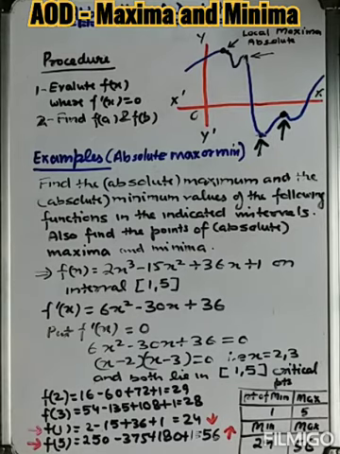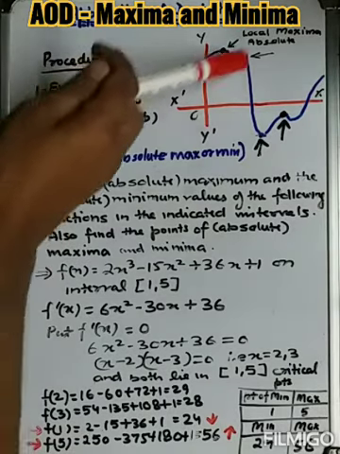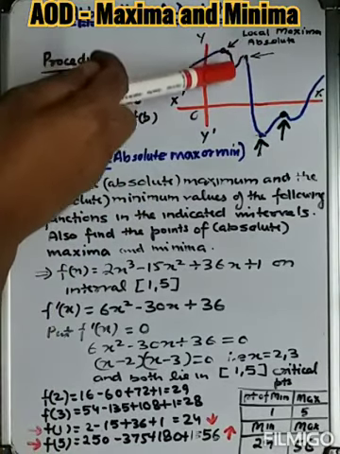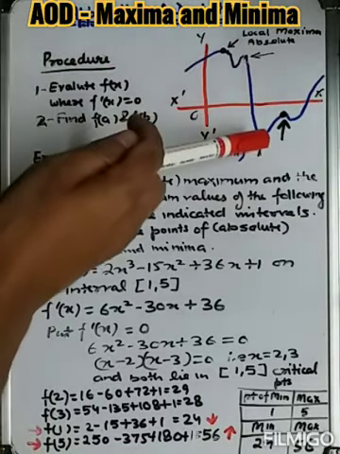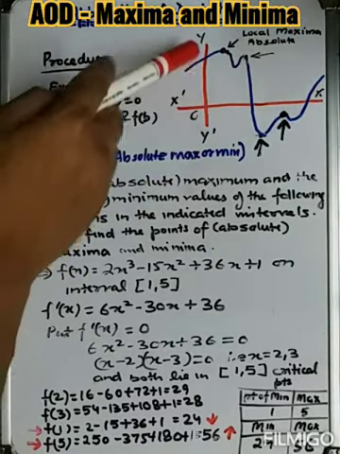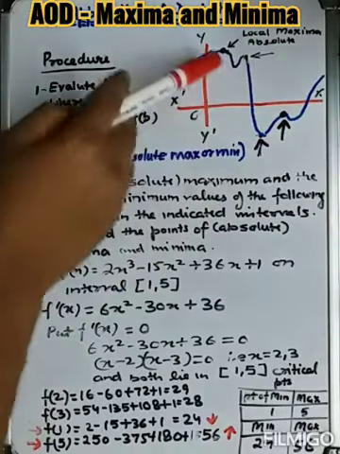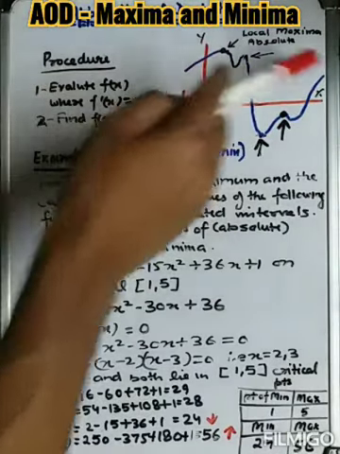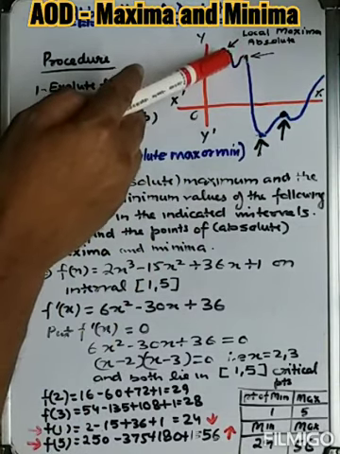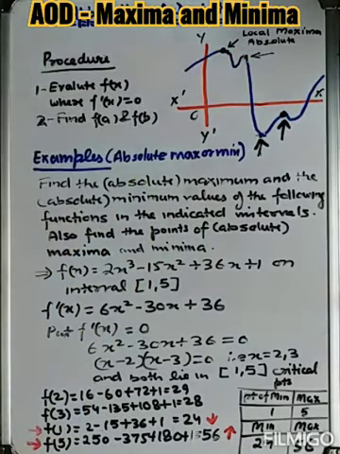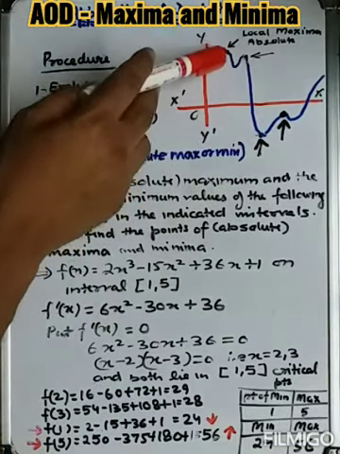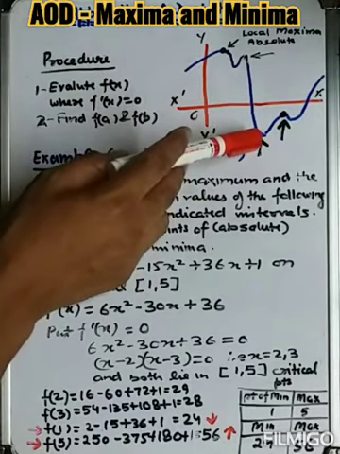Suppose we are drawing any curve. Suppose this is a curve. The curve is moving, sometimes high up, then goes down, then moves up and down, then up, like this. So in this curve, from this place to this place, this is the highest position. And this is the lowest position. So this is called the absolute maxima and this is called the absolute minima.